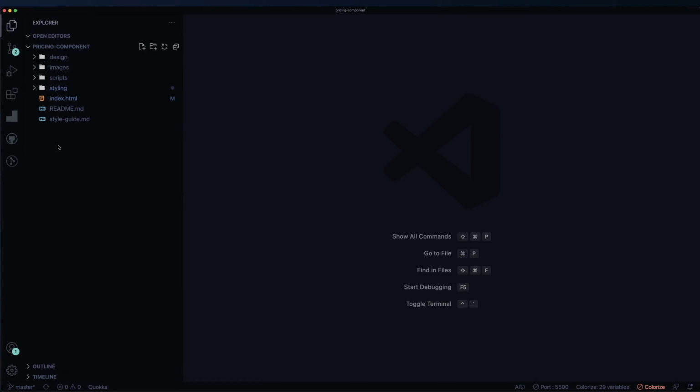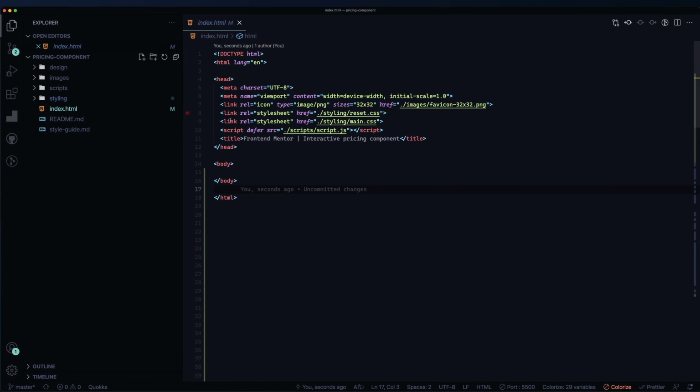To get started, I'm just going to show you what I've done. I've copied the README and I've updated it with my own stuff. I have an index HTML where I've connected my styling of Reset CSS and my main CSS that I'm going to be using and writing. And of course, I'm using my script.js, so we can write some JavaScript later on. I'm adding the defer to it just so I make sure that the script runs after we load our HTML